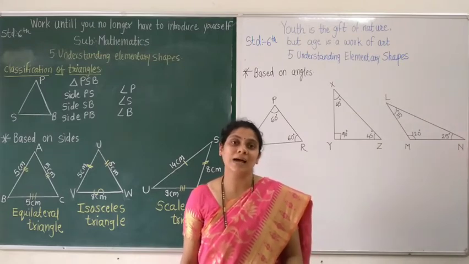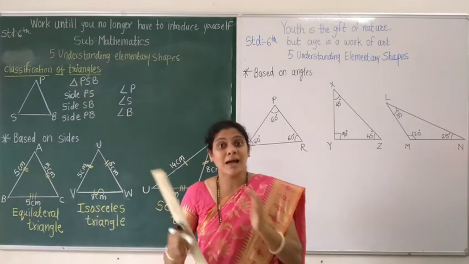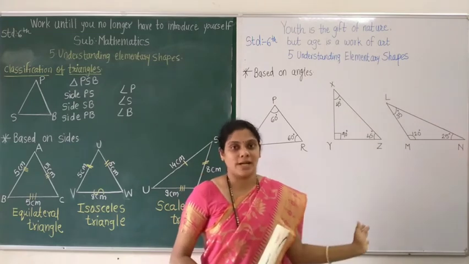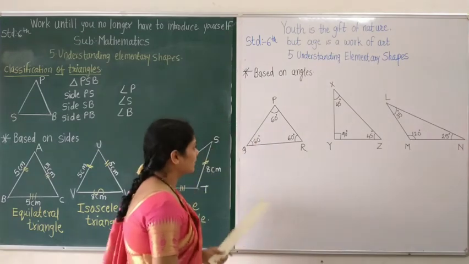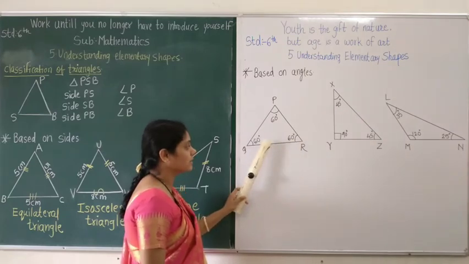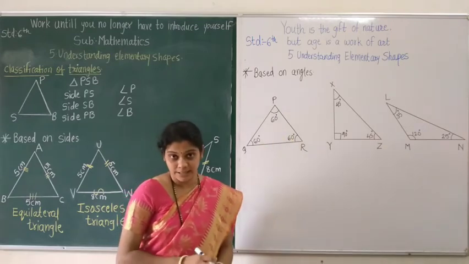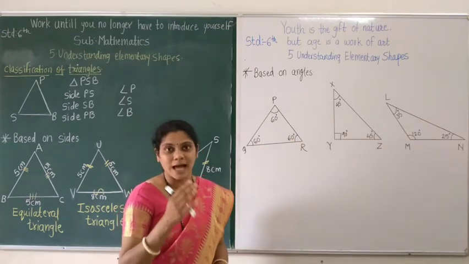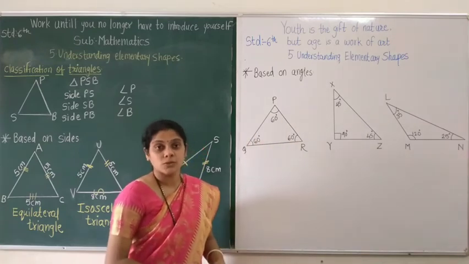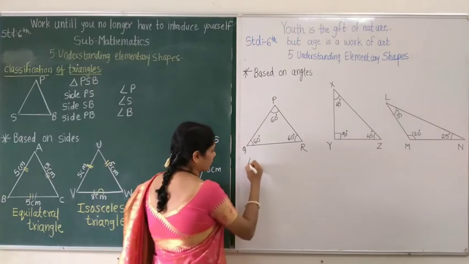And if any angle has a correct 90 degree measurement, that means it is a right angle. So by using the terms acute, obtuse and right, we are going to classify these triangles. Now in this diagram you can see the measurements of the given angles of the triangle, and all the measurements are less than 90 degrees. Less than 90 degrees means it is an acute angle, and this triangle has all three acute angles. So I am going to write the name here as: acute angled triangle.